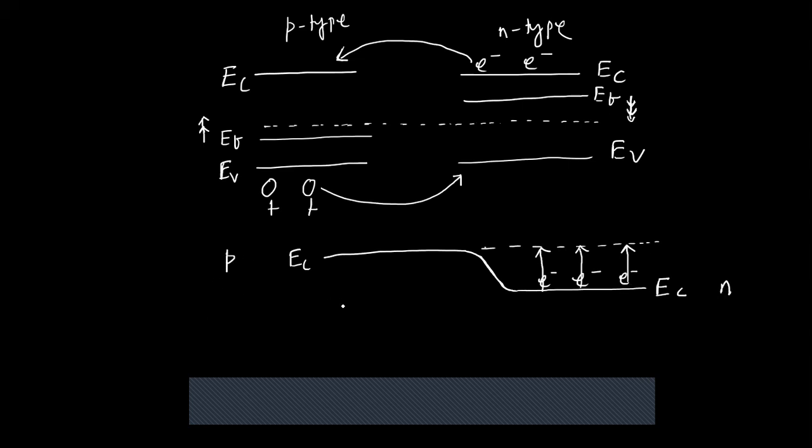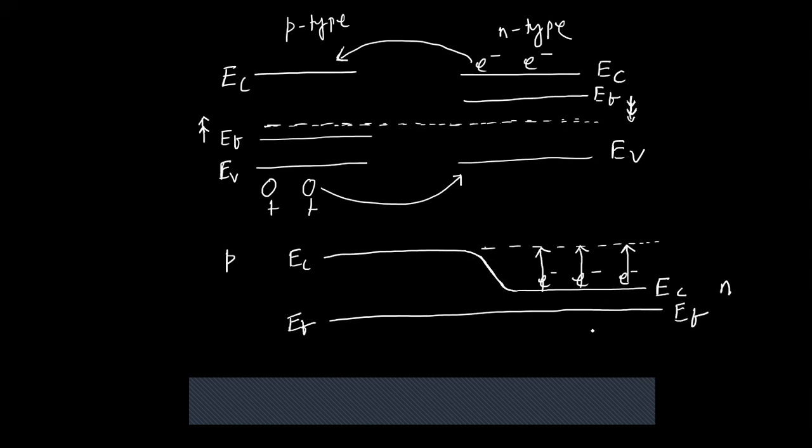The same way, if I show the Fermi energy level, what we got now is that the Fermi energy level is constant throughout because of thermal equilibrium, right? So the Fermi energy level is constant throughout the entire system. So we can show this Fermi energy level in this way. So this is our Fermi energy level now, which is constant throughout.